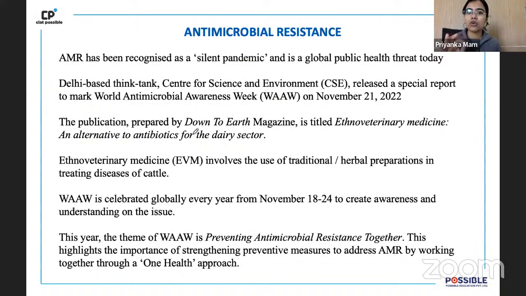Then is antimicrobial resistant. Now, what has happened is, this antimicrobial resistance is considered to be a silent pandemic. Now, in the next few slides, what are we going to talk about? Of course, we are talking about how, there are these cattle and unko ye bahut zyada, issues are and there are a lot of cattle diseases and all of that. And this antimicrobial resistant is the reason why sometimes we are not able to cure that cattle. और इसमें हम बोल रहे हैं हम traditional medicines को हमें use करना चाहिए ताकि वो cattle को ज़्यादा problem ना हो and they are able to heal properly.